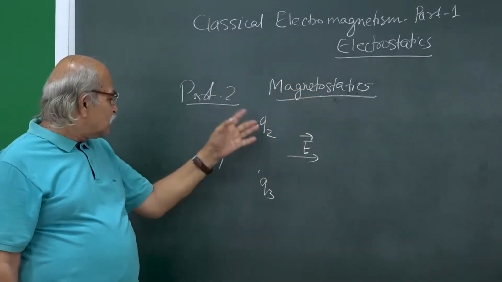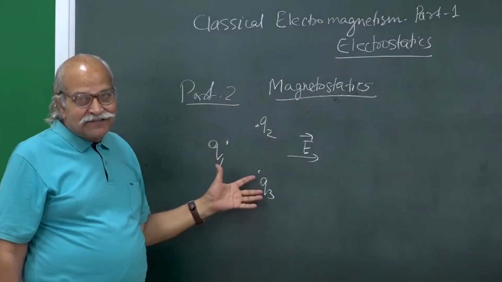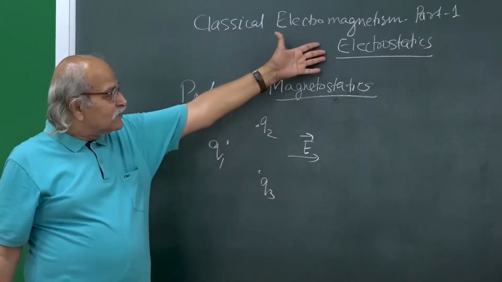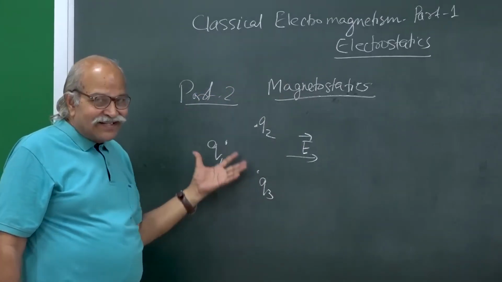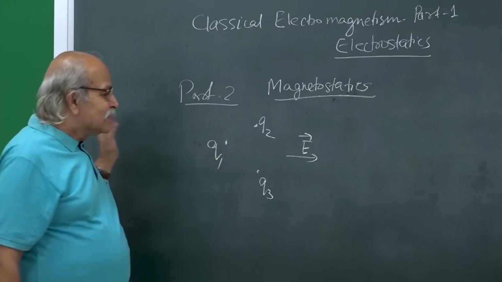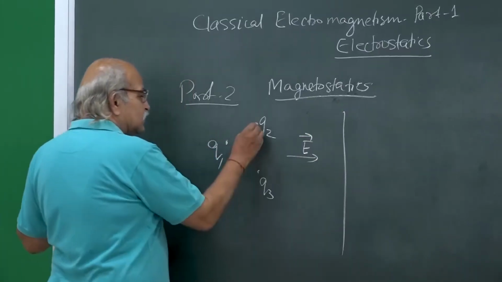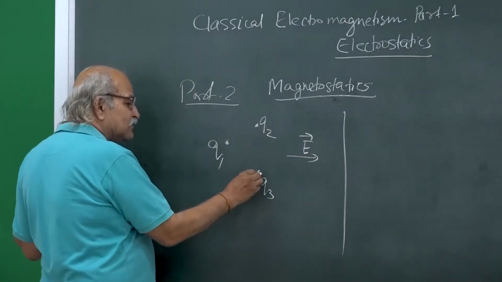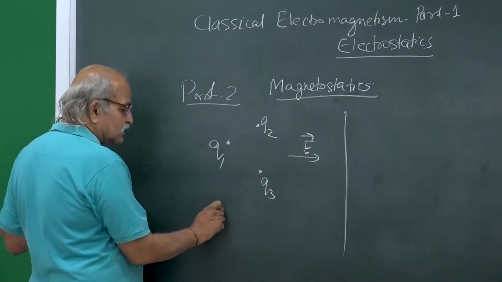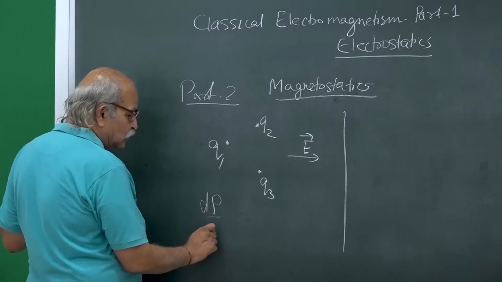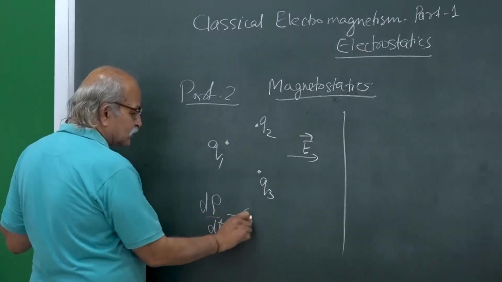Although if there are small velocities, it does not matter much, and we do apply the laws of electrostatics for slowly moving charges also. But these charges should not change with time. So, if you talk in terms of the charge density, then this d rho dt should be 0 for